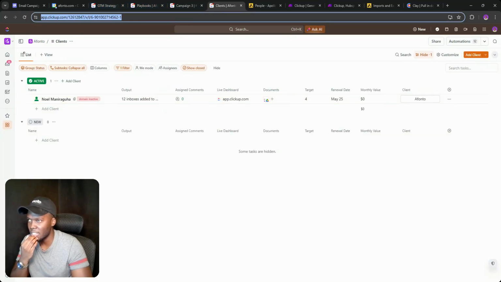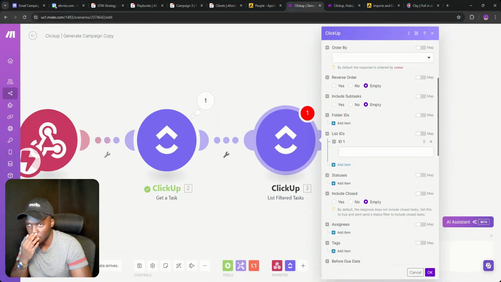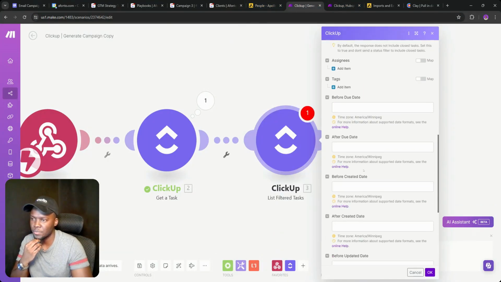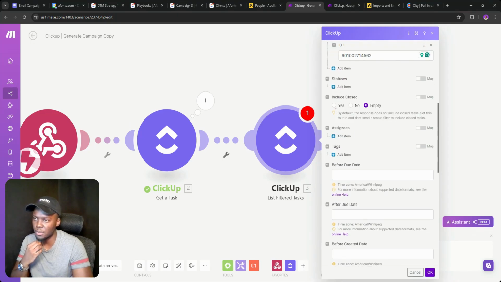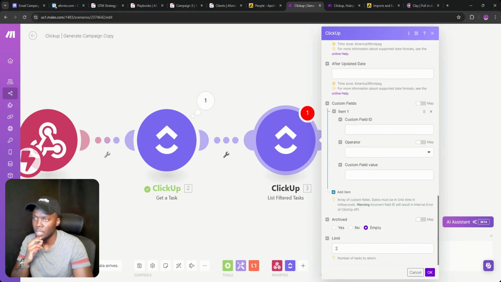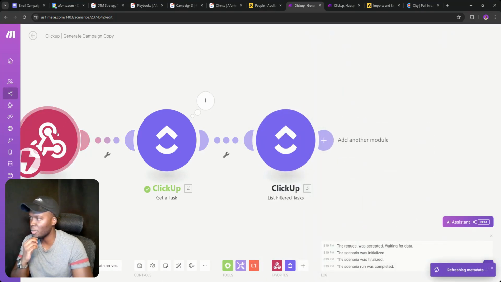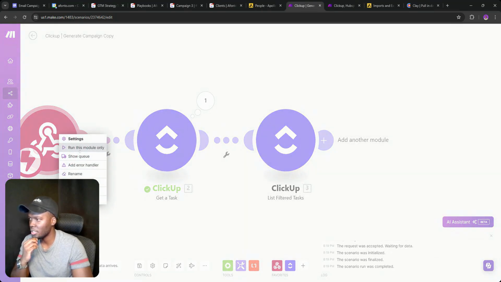So I've just got the list ID. We've got the client, and then I need to find them with the custom field, and I also need to do include closed. And then the custom field ID that I'm going to be searching for is,